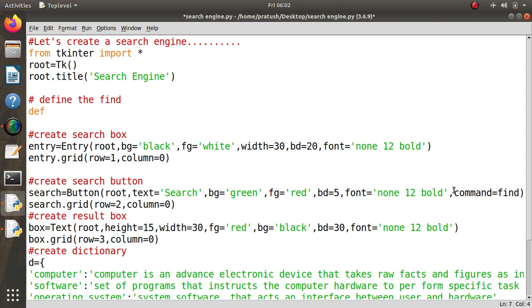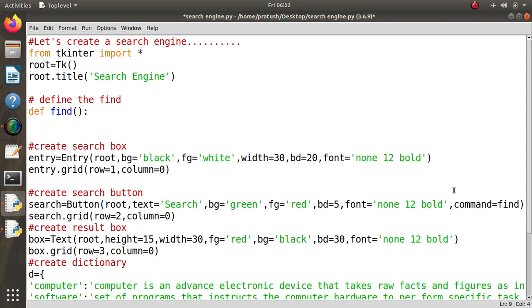Def find. Def find will take what is in the entry widget in the variable a.